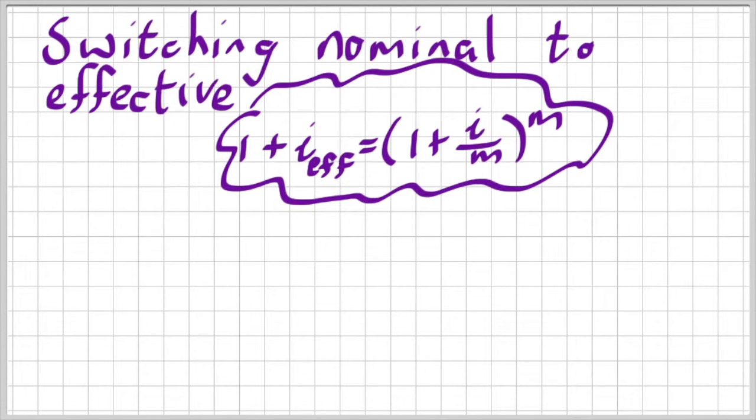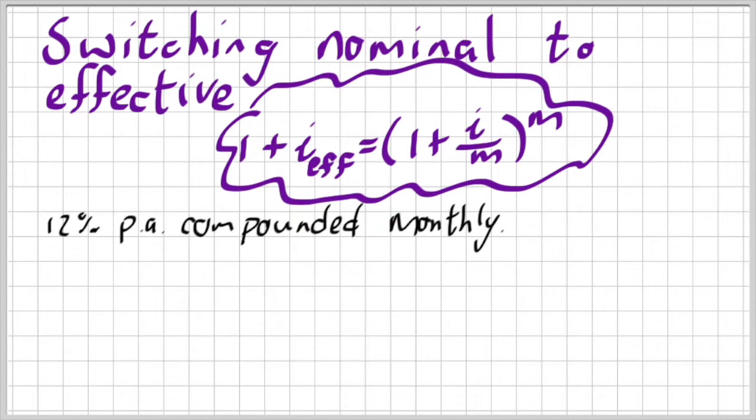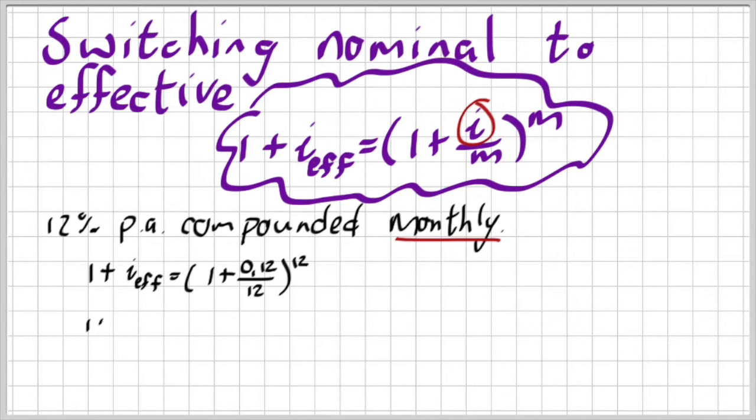So, looking at this example, if I swap the 12% per annum compounded monthly to effective, this i is going to be 12% or 0.12, and the m is going to be 12 as well. So if I substitute into the formula, it is going to look like that, okay? And all I have to do is get my effective interest rate alone. So if I subtract 1 on both sides, I get the effective interest rate as